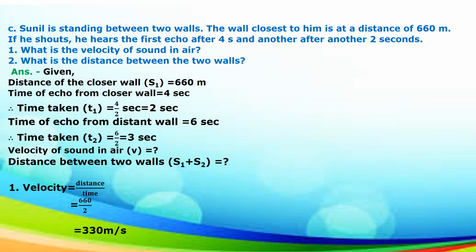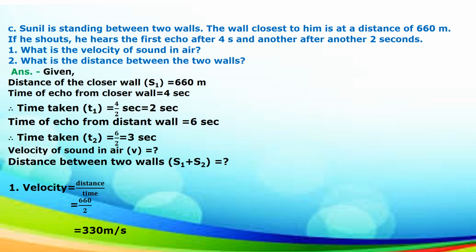So the time taken is equal to T1, that is equal to 4 upon 2 seconds, that is equal to 2 seconds. Now here you will ask children, how this 4 upon 2 seconds come? Here we are getting this echo first of all after 4 seconds and in the next, that is after 2 seconds. So no doubt echo is there and in between two walls are there. So we have to calculate the time in between two walls, that is 4 upon 2 seconds. So which is equal to 2 seconds.